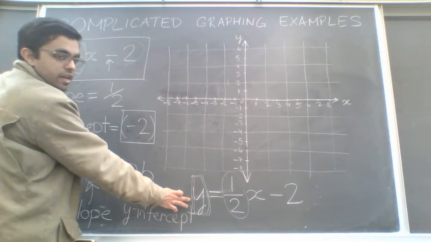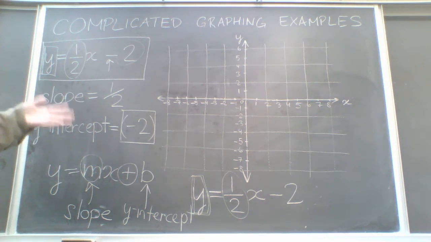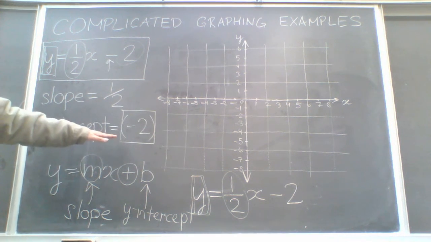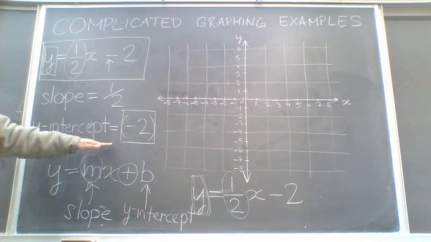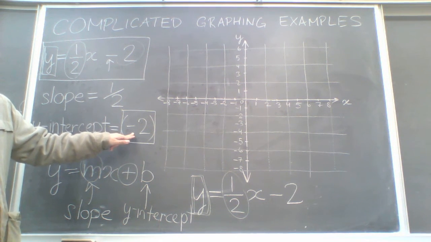If we had the x over here by itself, then we'd be talking about an x-intercept, which is also a valid way to find the points for your graph, but because of the way we've set it up, that's our y-intercept, and based on this equation, we're being told to plot a point at the value of -2